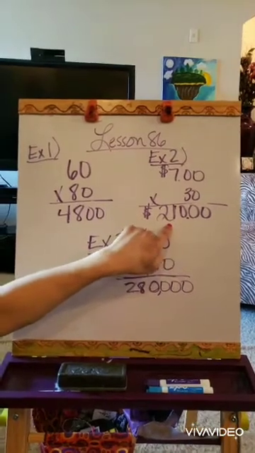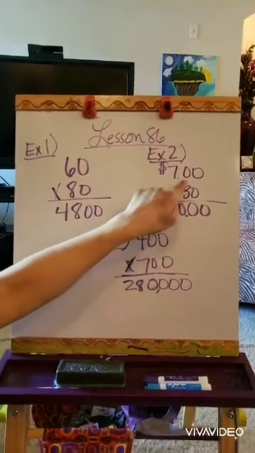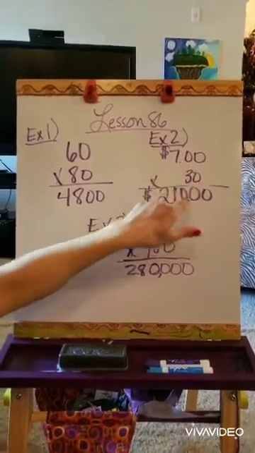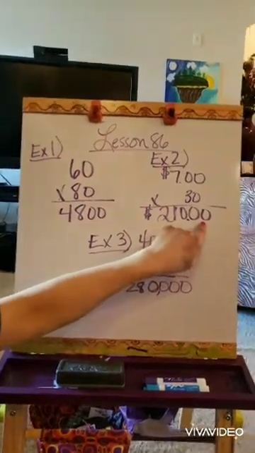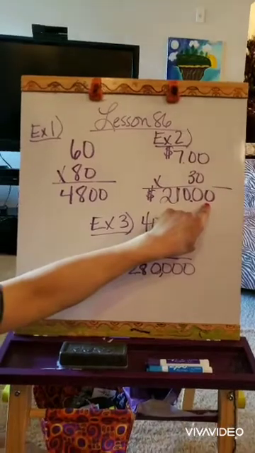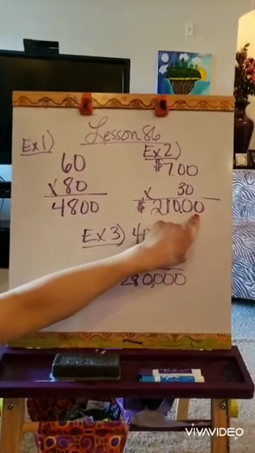For this particular problem, I have 3 zeros. I have 2 by my 7 and 1 by my 3. So I add the 3 zeros in my answer. Now, for this problem, I have to go back to my problem and see where the decimal will be properly